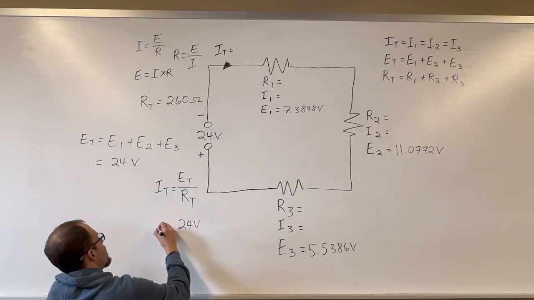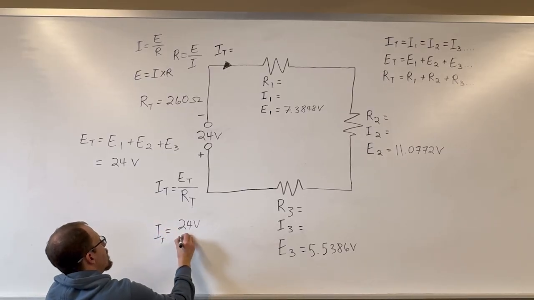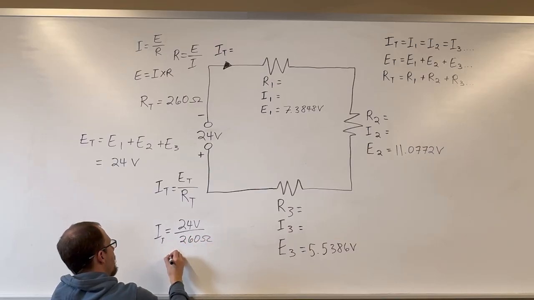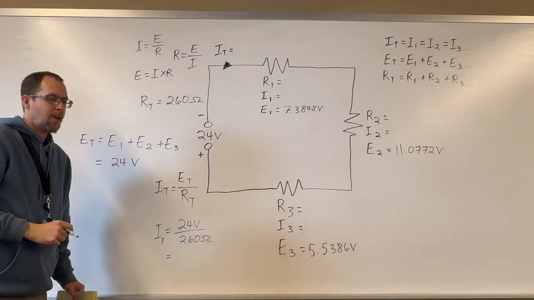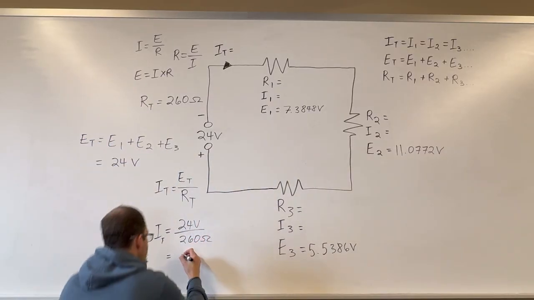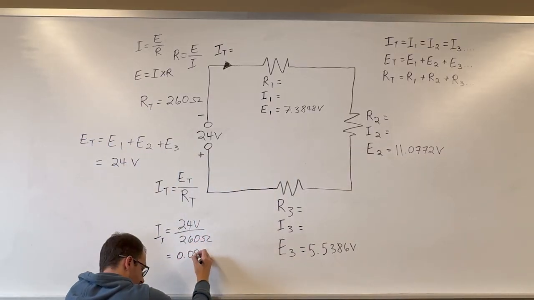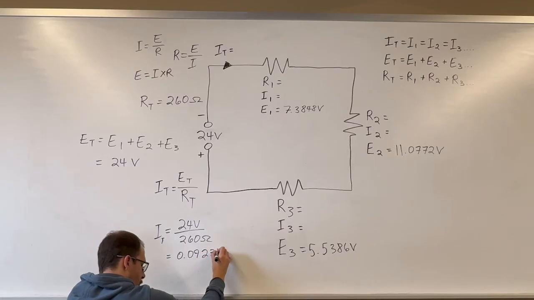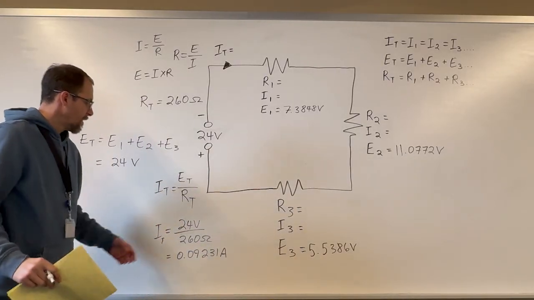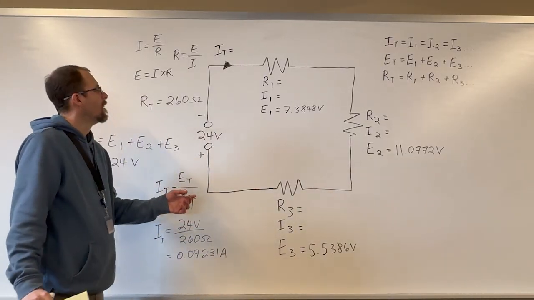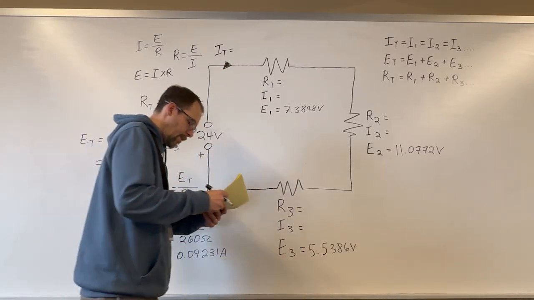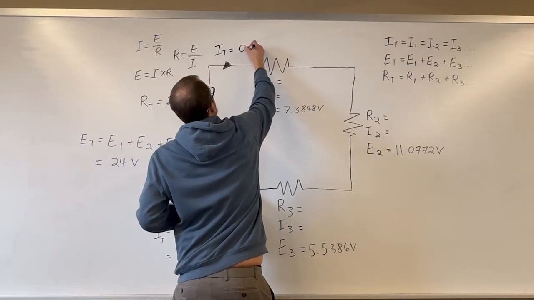24 volts over 260 ohms. So we're dividing a pretty small number by a bigger number. We're probably going to have a decimal place. And I got a number for I total as 0.09231 amps. Excellent. Where does that live in our circuit? Well, doesn't it live up here? Does everyone remember current is unidirectional? I'm going to write that down,